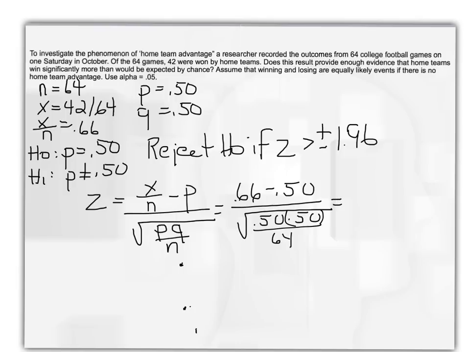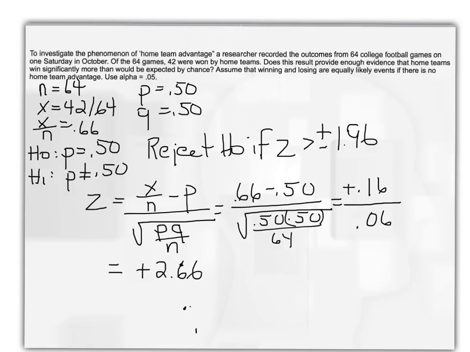This will give you a 16-point difference divided by an expected difference of 6%, which will give you a z-value equal to